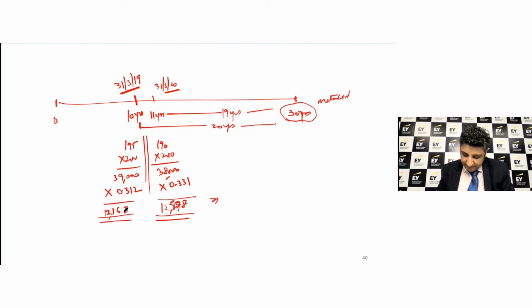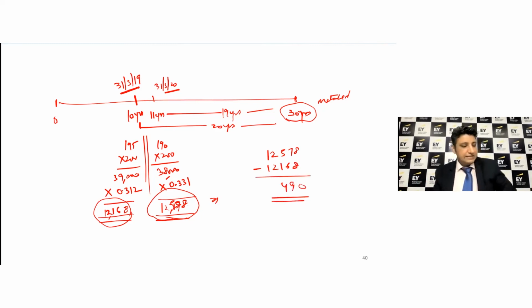So effectively, these are the values at which we need to recognize these pine trees on 31st of March 19 and 20 respectively. And the difference, which is 12,578 minus 12,168, comes to